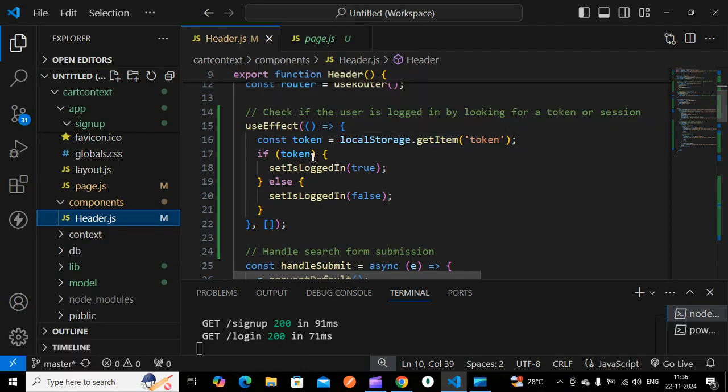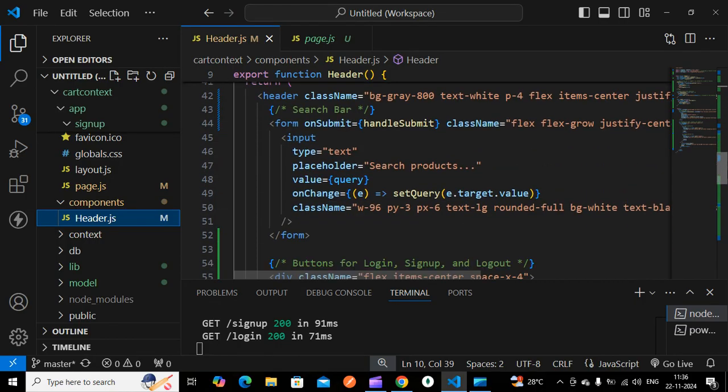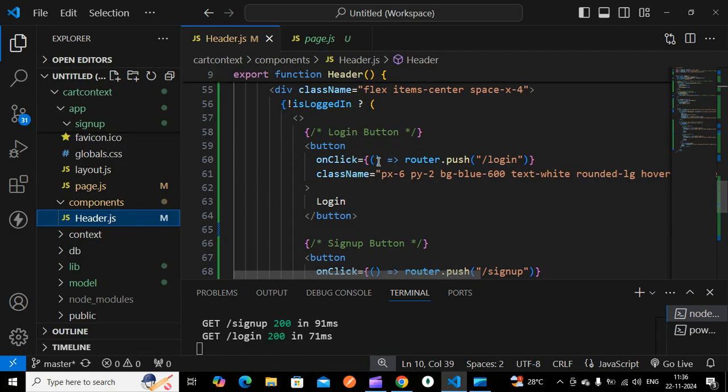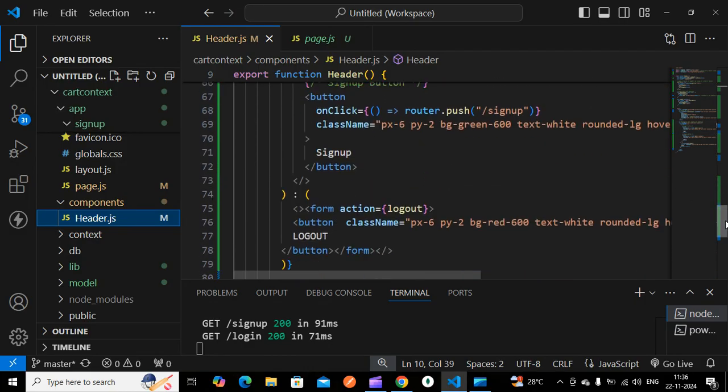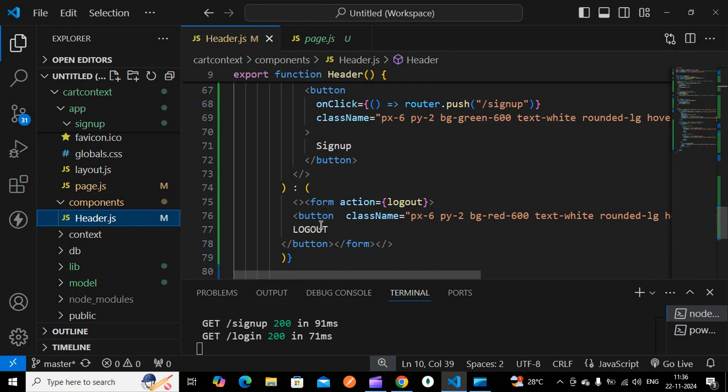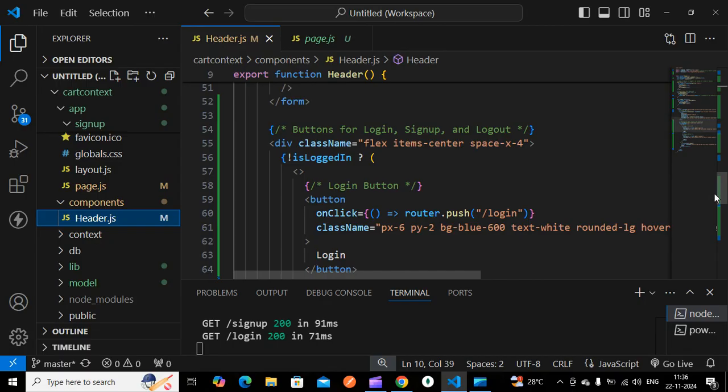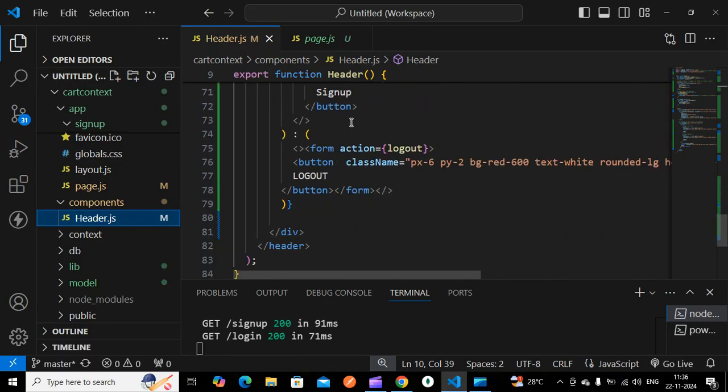If my token is there, isLoggedIn is true. If it is true, I should not show my login and sign up button. Instead, I have to show the logout button. So once this is true, it goes to this particular logout button.